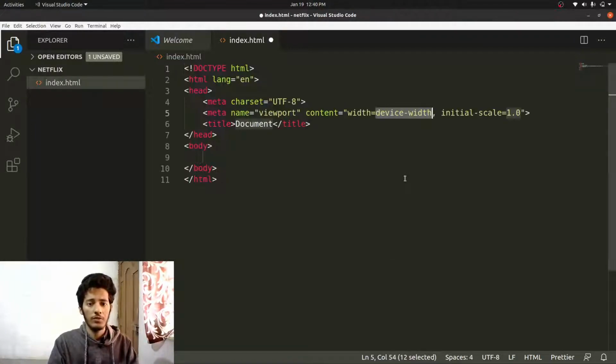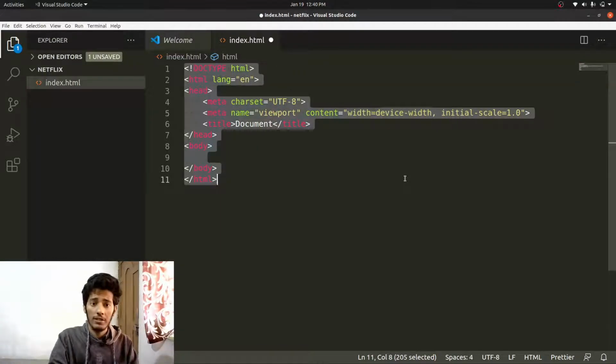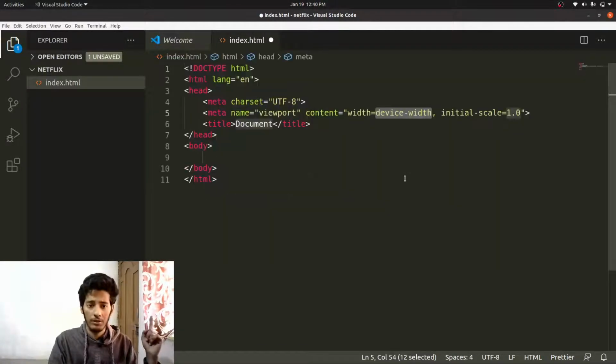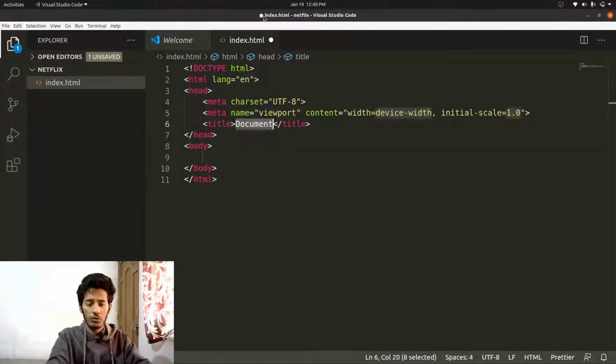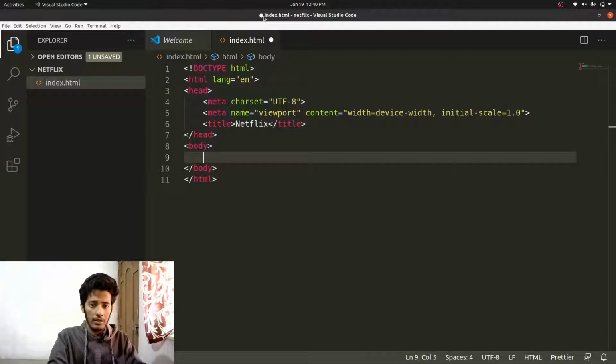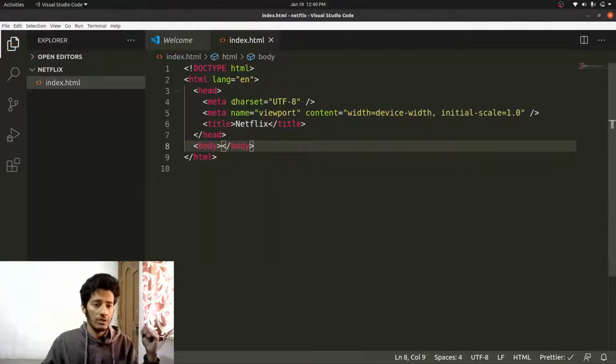First of all, we'll put in all the basic markup. If you're wondering how I did that, simply type an exclamation mark and hit enter. That will do it. Now let's simply put a title over there. What should be the title? Let's call it Netflix, and I believe that's it. And here's the body. The first thing we have to do is grab the